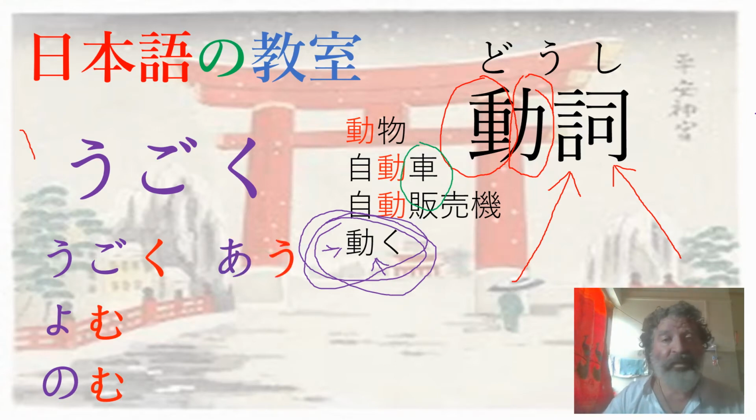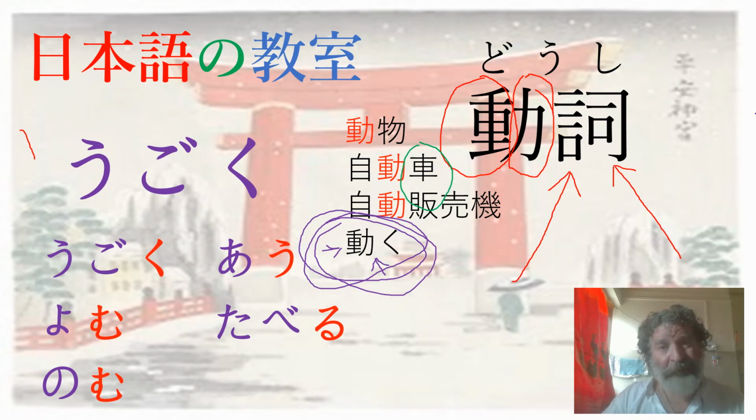飲む。Ao. This was one of the first things we learned because it's from the A, I, U, E, O column of the hiragana chart. Ao means to meet somebody. 会います。会いましょう。また会いましょう。食べる。Today we're going to talk about the word 食べる, and it means to eat. We'll talk about that later. 寝る means to sleep.